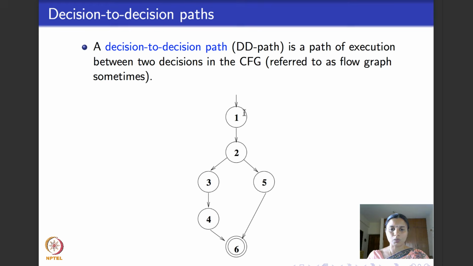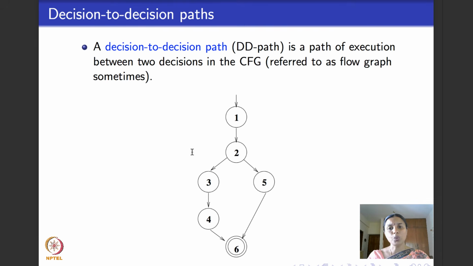Its initial vertex is 1, final vertex is 6. And where are all the branches? There is a branching here at 2. There is a possible choice of going to 3 or going to 5. And from 3, you can go to 4. There's no choice there. And if you see 6, there are two ways that you could use to come to 6. You could have come from 2, 3, 4, and 6, or you could have come by using 2, 5, and 6. So I consider 6 also as representing a decision point in the graph,